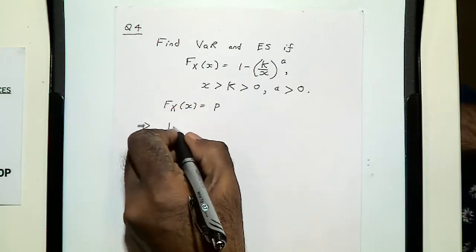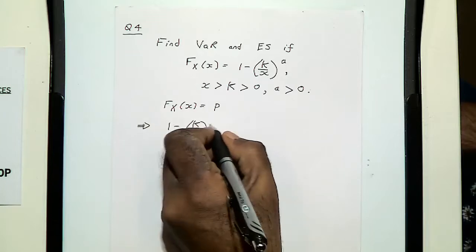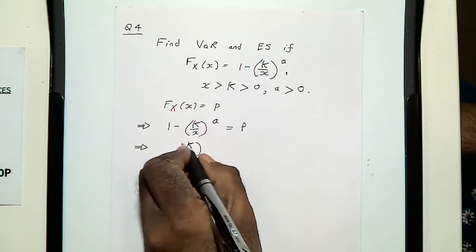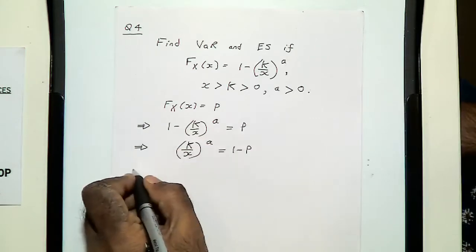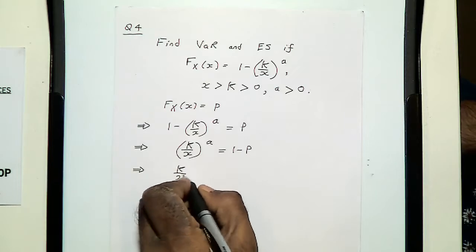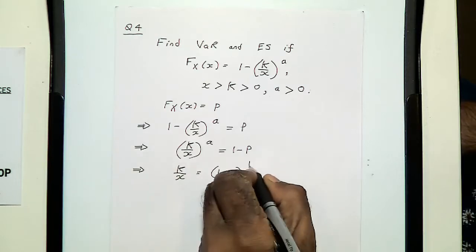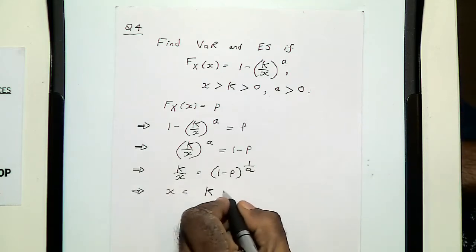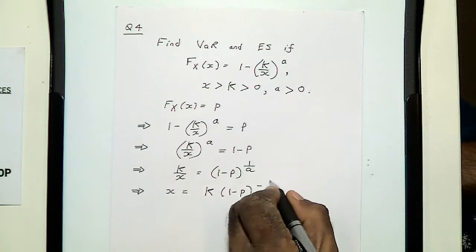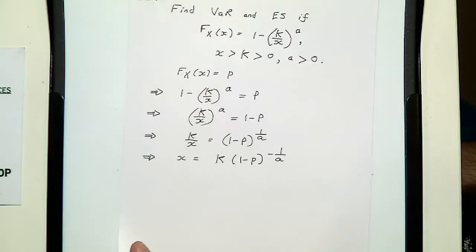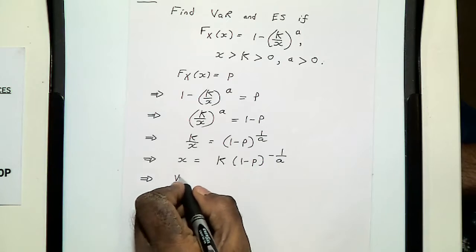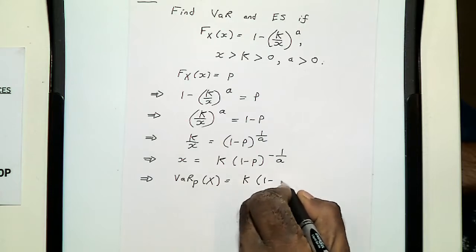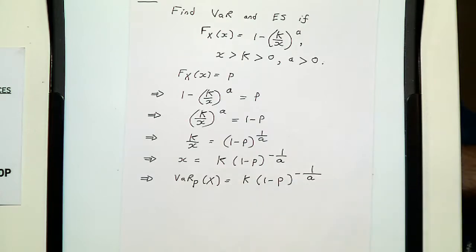So this becomes, so x is equal to k times this, so this is your VaR. So your VaR is